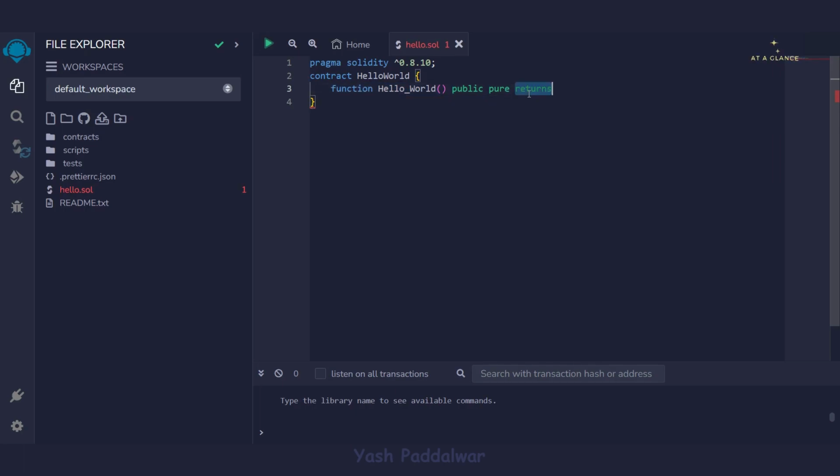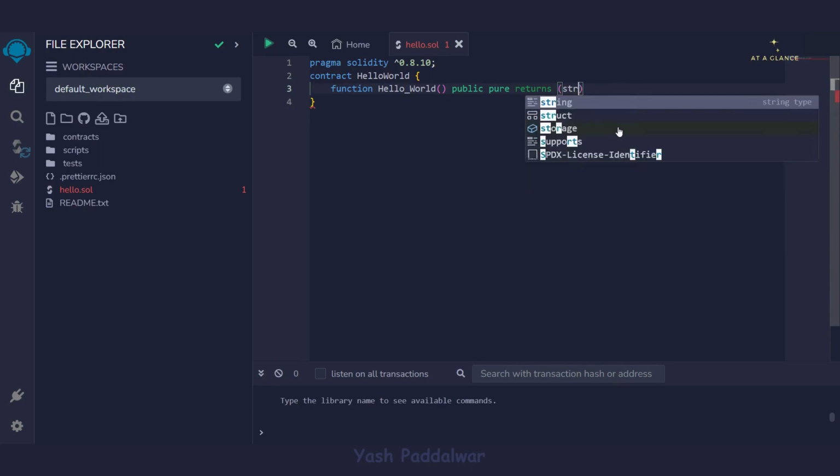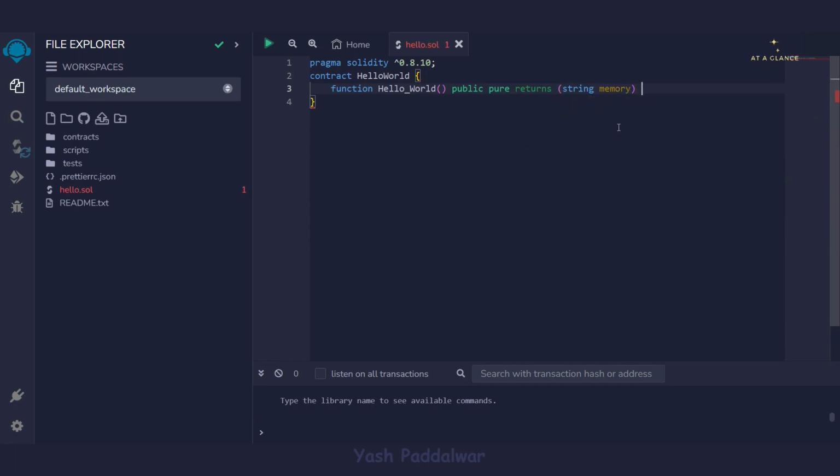Now this keyword returns will take some argument. Now what exactly is this argument? This argument will contain the data type of the data that we are going to return. So that is nothing but string, and we will also mention memory after string. Now once we do this, we'll have to write the code for this particular function and we'll enclose it in